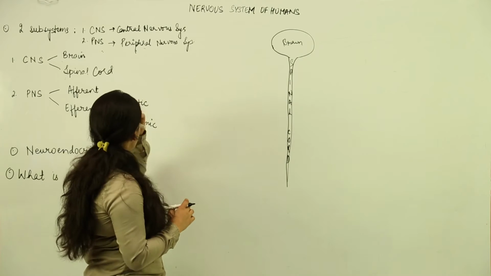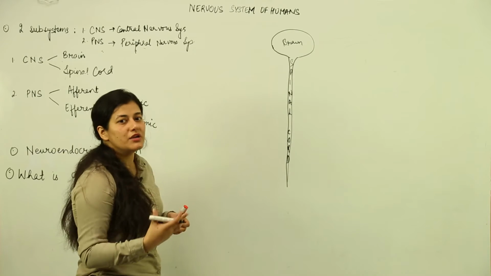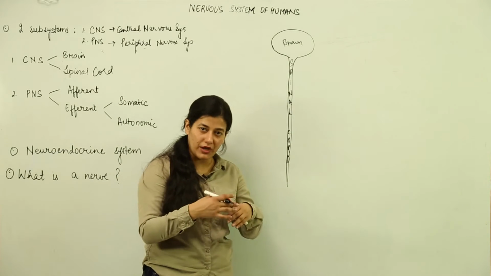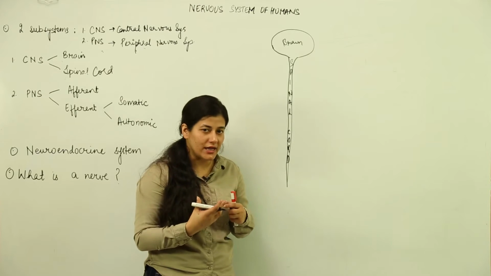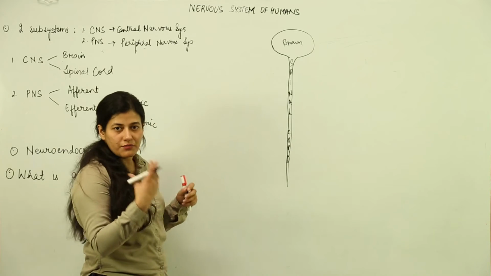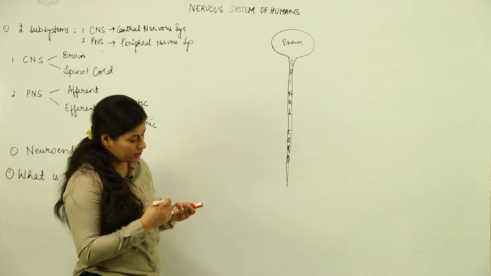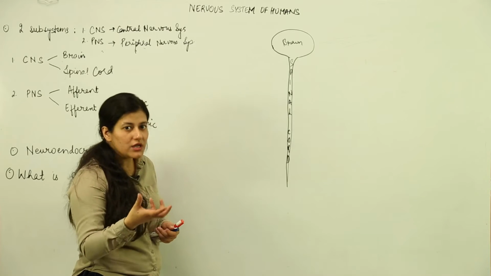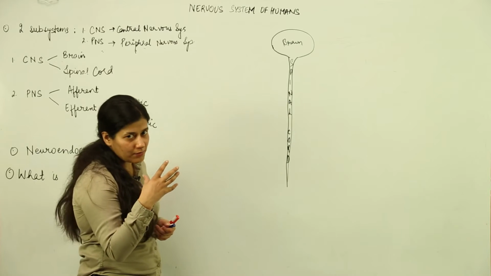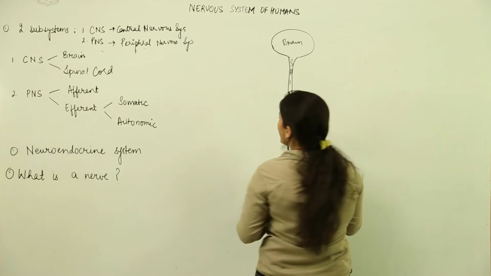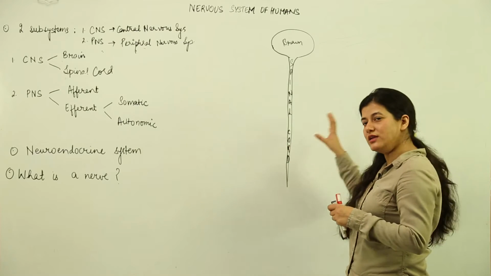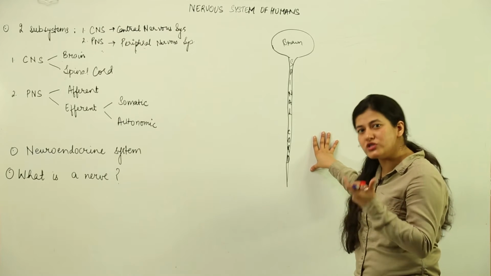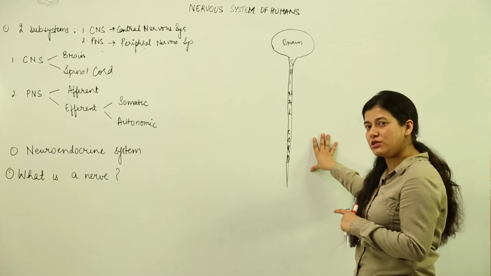Now you know this central nervous system works as an information processing unit, that is, whichever information is carried from the stimulus towards the brain or the central nervous system would be processed inside it. Just as in the case of a computer system, you have a CPU, that is the central processing unit, and the RAM in which the processing of the information is done and the data is given out, that particular region has to be the main processing unit. In the same way the brain and the spinal cord are the processing unit of the body, where the entire stimulus or whatever impulse is coming would be processed and a response would be generated out of the stimulus that has reached the central nervous system.